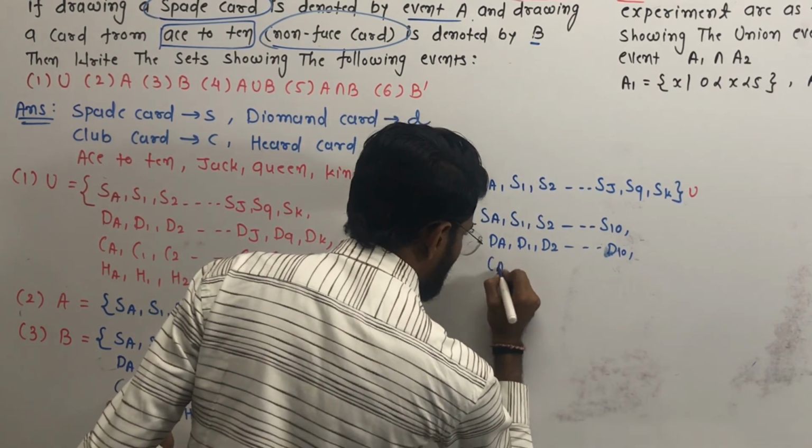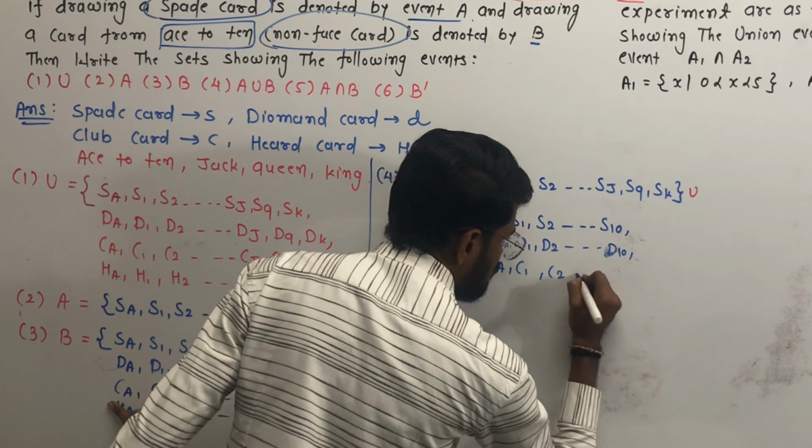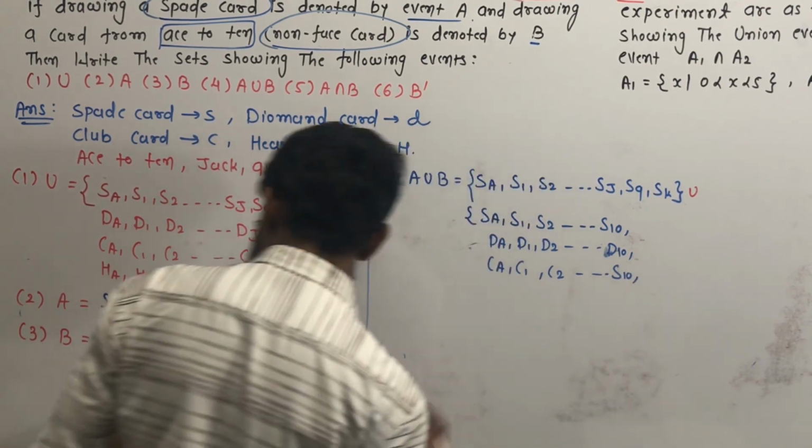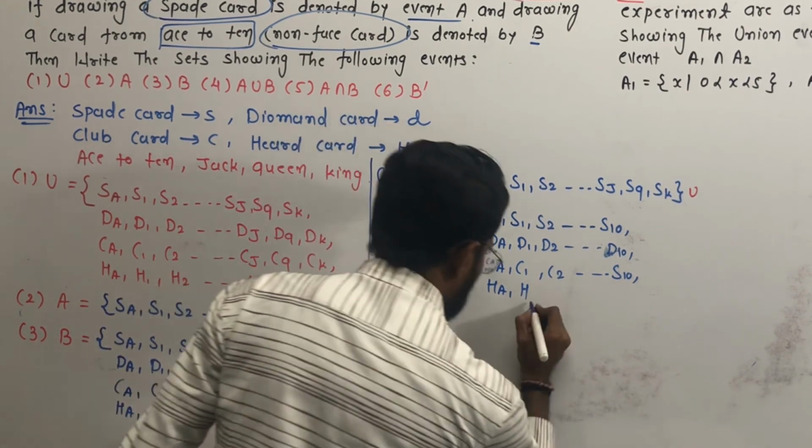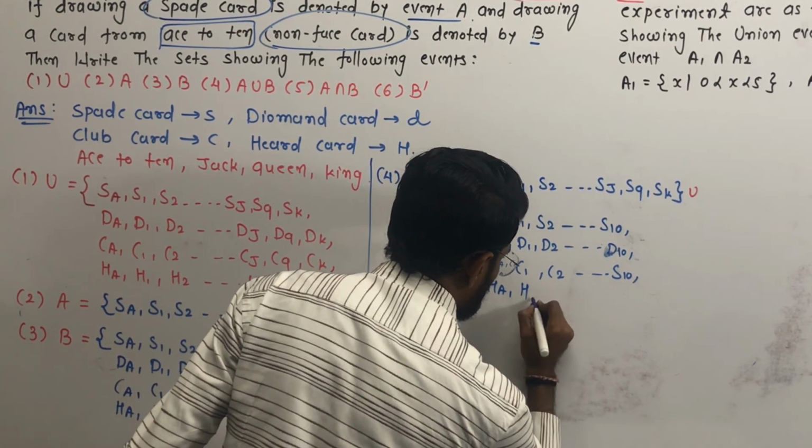Now CA, C2, and so on up to C10, then HA, H2,